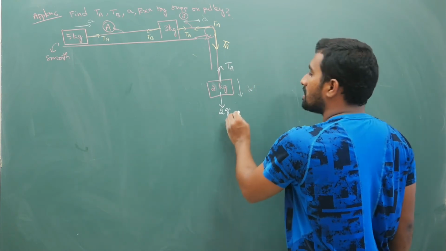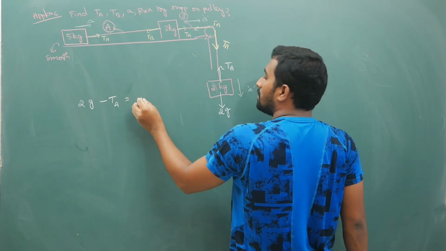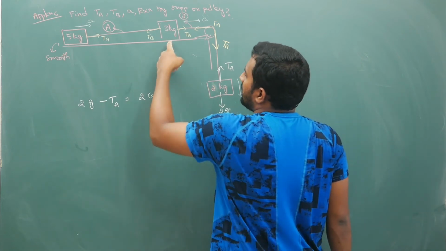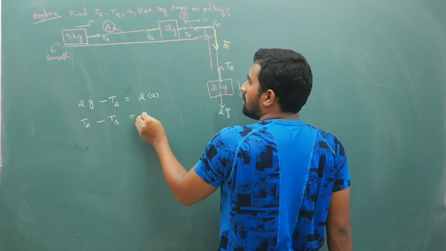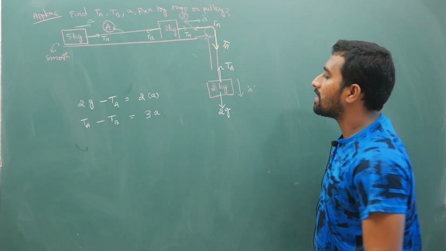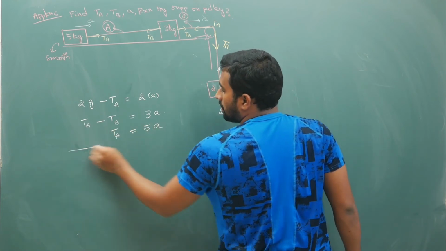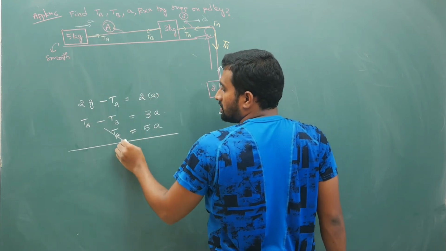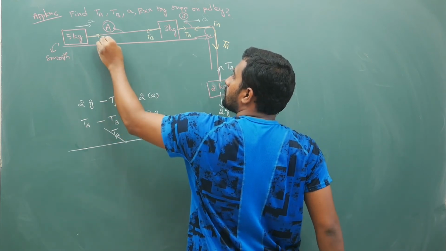Okay, now coming to the equations part, your first equation is 2G minus TA is equal to 2 times A. This is FBD of this 2 kg block. Next, from FBD of 3 kg block, TA minus TB is equal to 3 times A. This will move in the horizontal direction. In the vertical direction, mg and normal will cancel off. And coming to your TB part, your TB is equal to 5A. So if I add these, on this only there is one force. In the vertical direction forces are cancelling off. So plus TB, oh sorry, this is TB. Okay, only one string or rope, so TB.